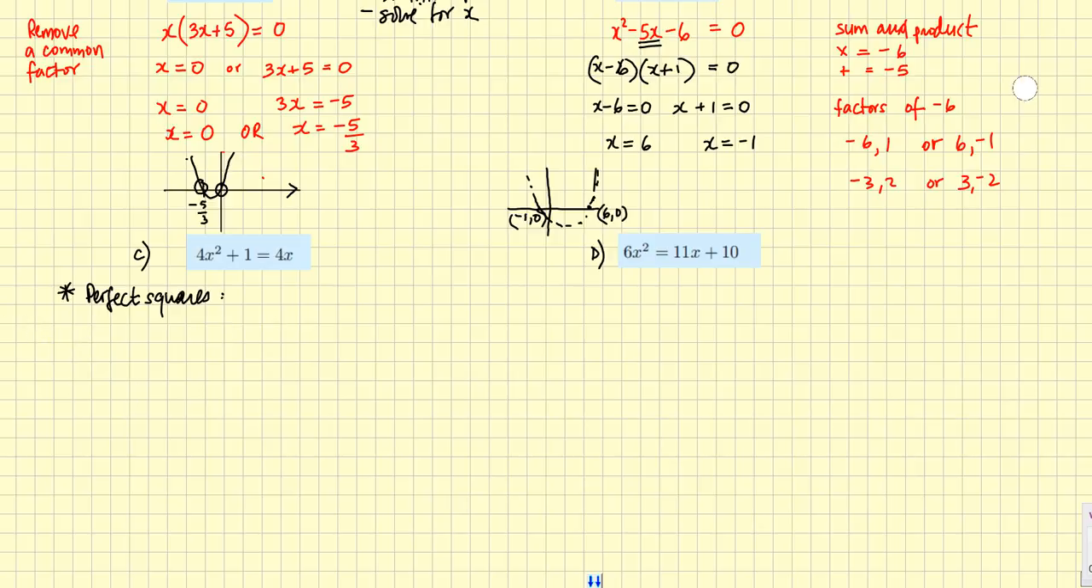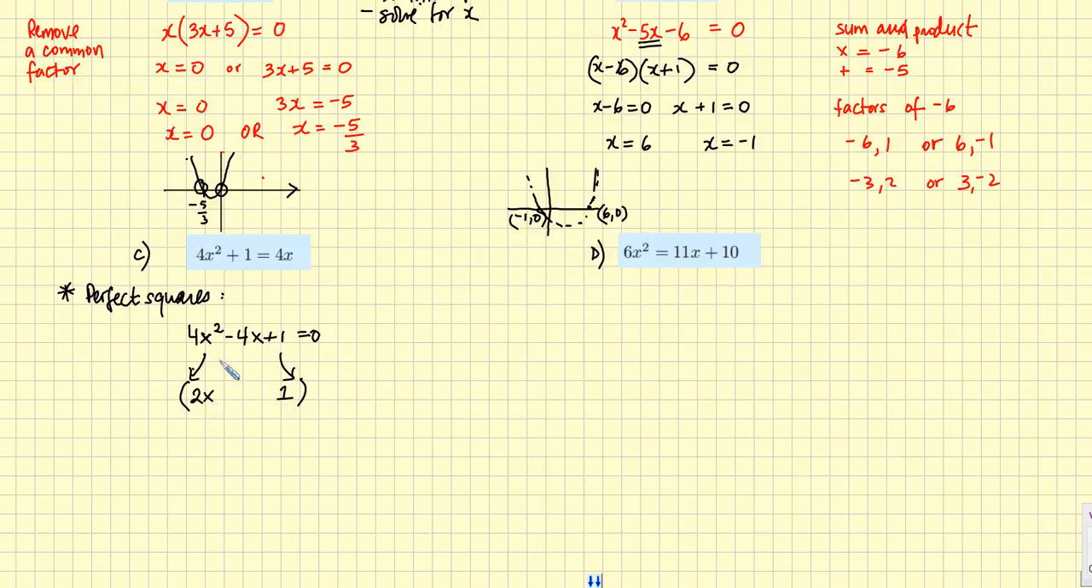So I recognize this very quickly as being a perfect square, but you may not do that quickly. So what I do is I do 4x squared minus 4x plus 1 equals 0. I brought everything over to one side of the equation. I took the square root of the first term, which was 2x. I took the square root of the last term, which is 1, and then I said, okay, if I've got